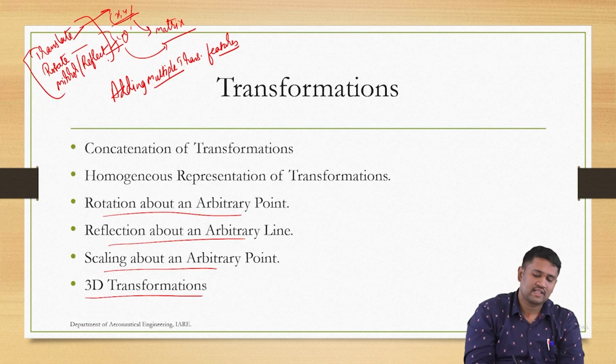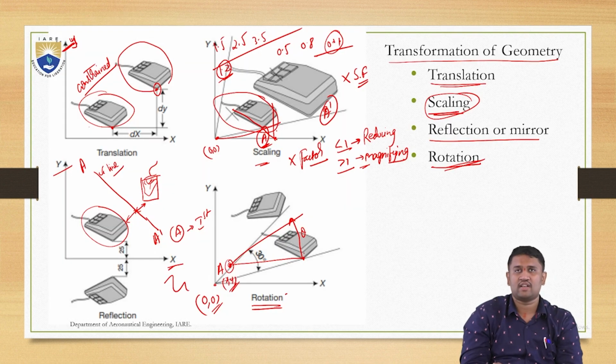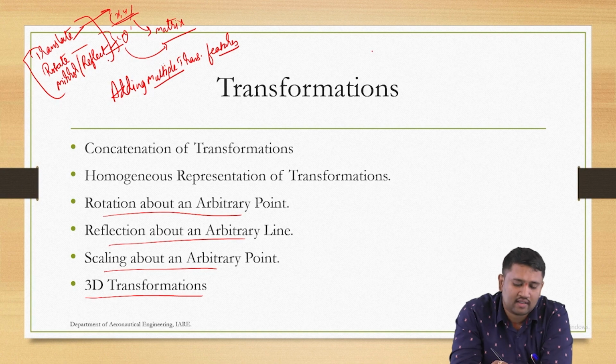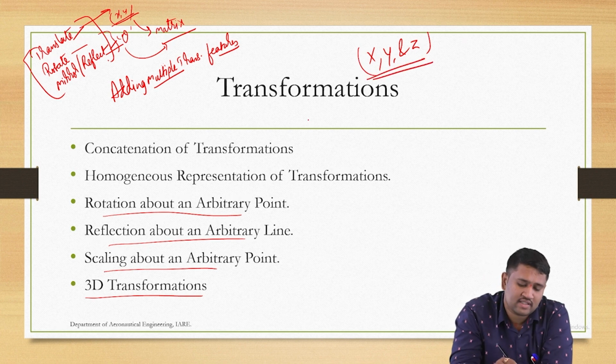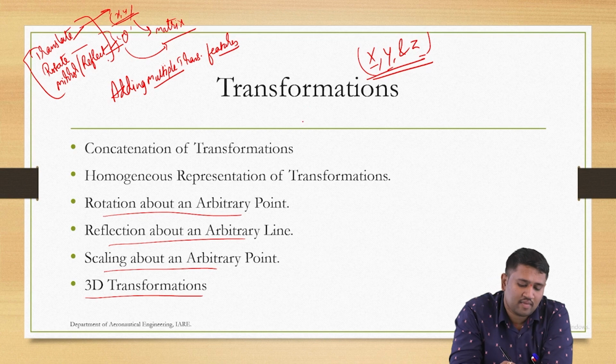And the last is your 3D transformations. Under 3D transformations, whatever we have done under 2D, we are applying the same for all three axes, which is x, y, as well as z. Similar to your Cartesian system. Under 3D transformations, the data change occurs in the direction of x, y, as well as z, in which all the data that is necessary for your 3D transformations will be derived from your basic 2D transformations